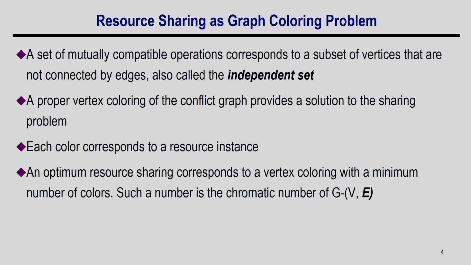So, that we have understood. Similarly, we have seen that the same problem of resource sharing can be mapped to a graph coloring problem. In graph coloring, we construct a similar kind of graph where each operation represents a node, and if two operations are conflicting with each other, that means they are executing in the same time stamp, I am going to add an edge. So, then it becomes the complement graph of the compatibility graph.